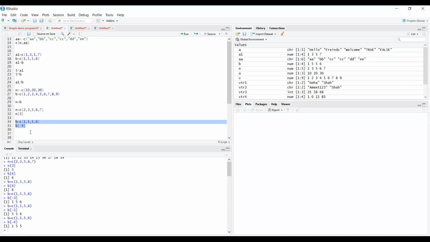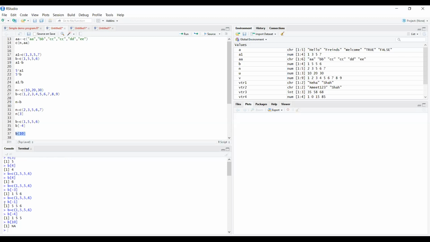Then the next part: if you want to find out the size of the index, but you don't know the exact size, and you randomly pass some value, say 10, to that particular vector, what will happen is it will give you NA. NA is not a number.